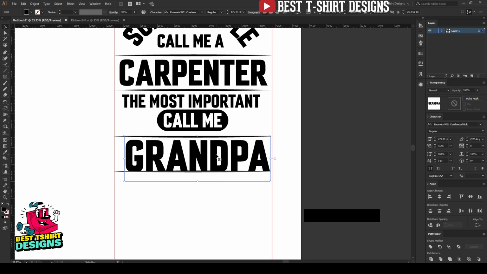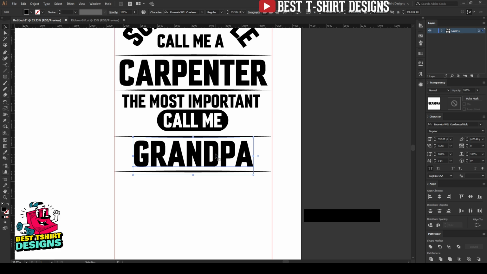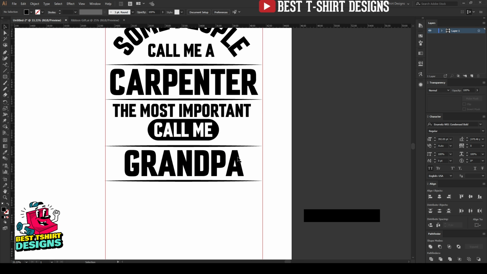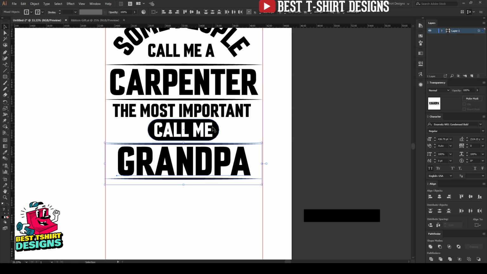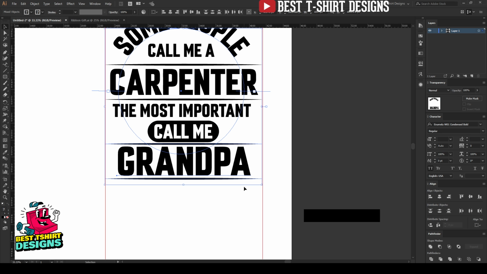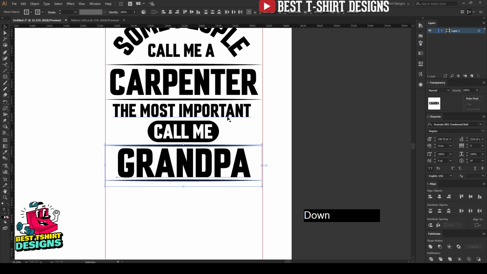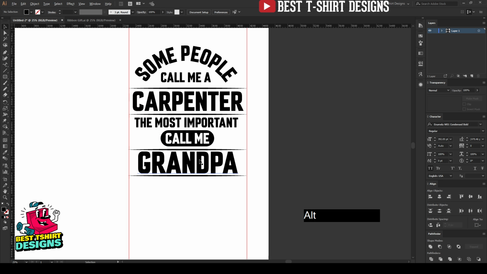Okay, let's select this text, grandpa, and then make it the same size as carpenter, because that is the focus point here. Now as you can see, it is looking like this. I am going to keep everything editable here, or let's just make it a bit bigger so that it fits in the design area, kind of like this. That is fine. Let's select these three without this one, then bring them a bit closer to distribute the space between them. Okay, I can move them down, then this one a bit down too. Just keep in mind that the distance between the text and the line should be kind of similar.